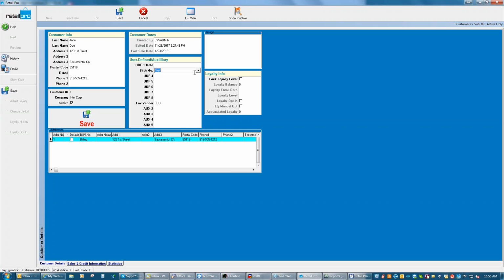Okay. Now, if I had created a drop-down list, I could use the drop-down list as well. Same thing with the favorite vendor. I can create a list for you to choose from. These would be in alphabetical order though. Okay. So I'm going to go ahead and save that